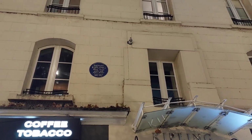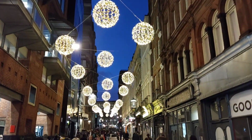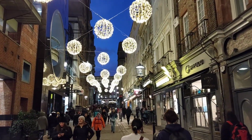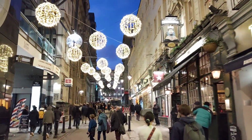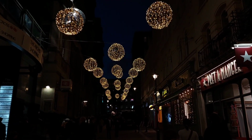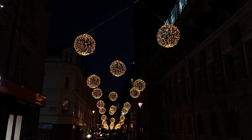But one point of note on Villiers Street is this is where Rudyard Kipling, the famous storyteller and author, who wrote the Jungle Book, used to live right here on Villiers Street, in between Charing Cross Station and the wonderful Embankment Station. Of course, you've got these lovely orbs by the Princess of Wales pub. Simply gorgeous. At the other end of Villiers Street, we have Charing Cross Station, so we can see the orbs